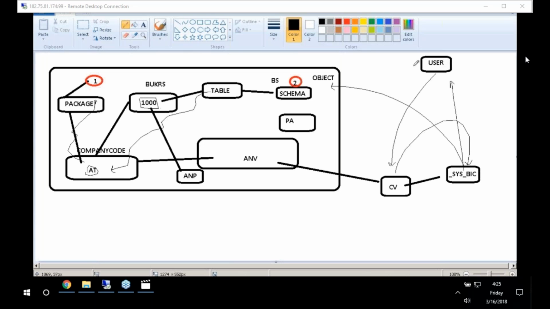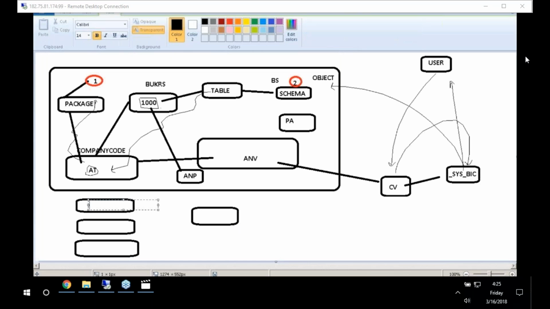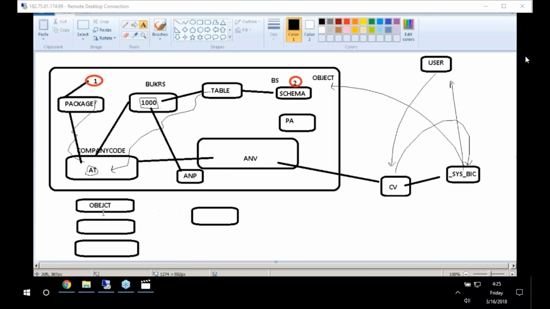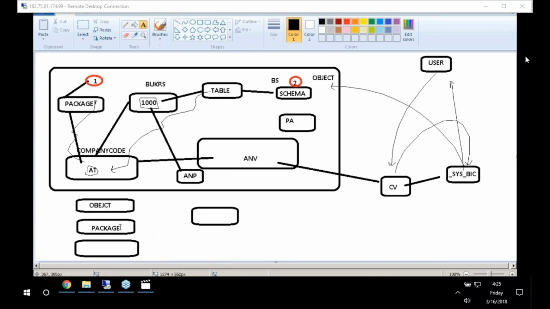Okay, all the participants. To keep it very simple, you require a package privilege, an object privilege, an analytic privilege, and a system privilege. Object privilege is to control what objects you would like to access. Package privilege is to control what packages you would like to access. Analytic privilege is used to control what data you would like to access. And finally,